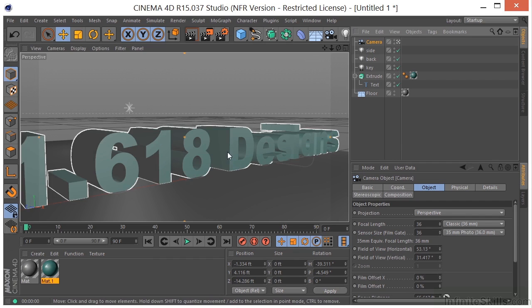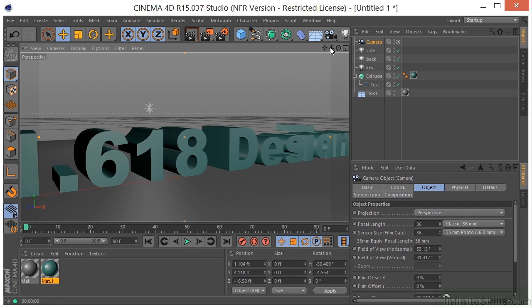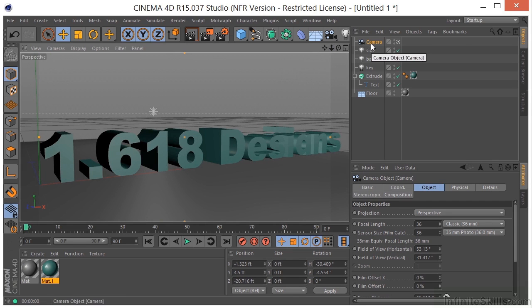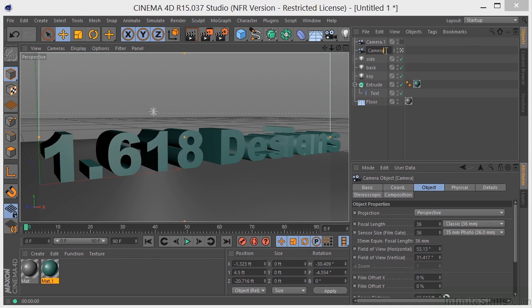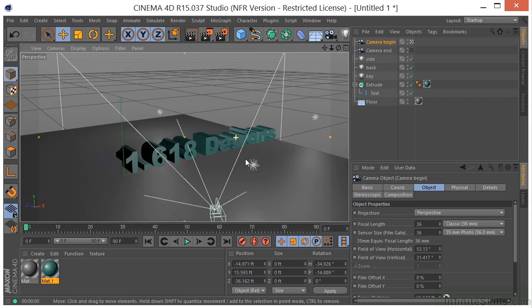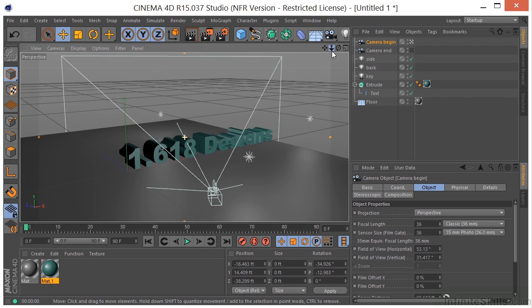Okay. And I am going to just sort of get this camera where I want it to end up at. I am going to duplicate the camera. So we'll call this one camera end, camera begin. I'm going to go into that camera. I'm going to pull this up and sort of get it into a position that I want the camera to